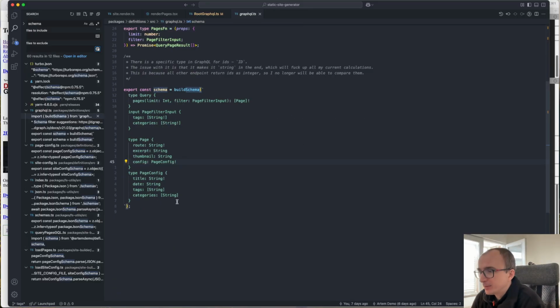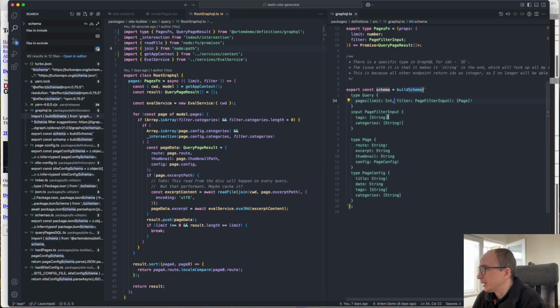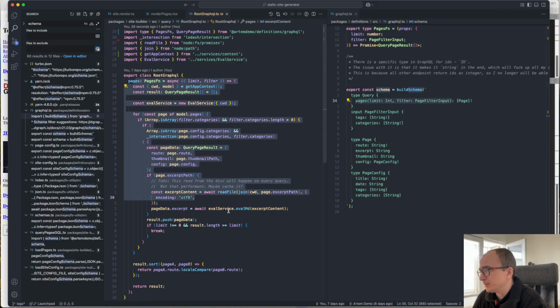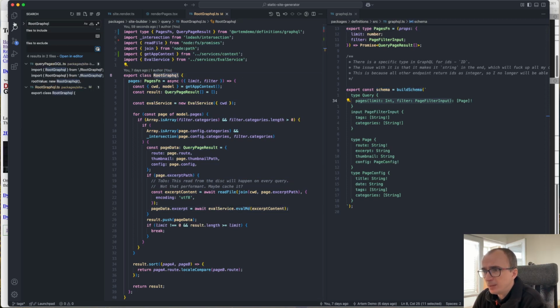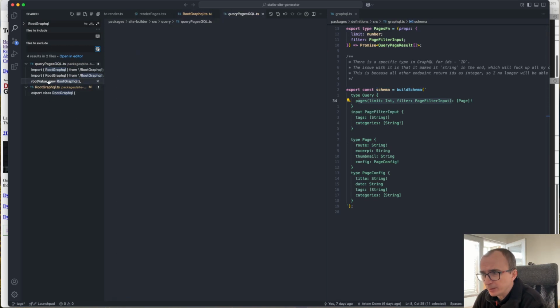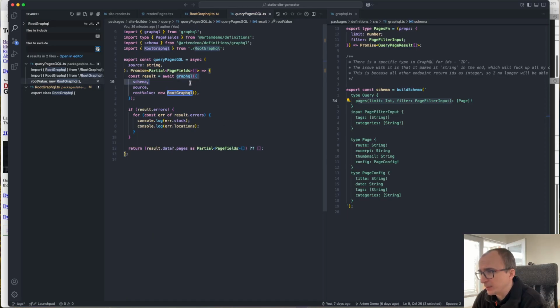Okay, so here's the definition of the schema of GraphQL, and here I have only one query for now, which is a pages query, which I'm processing here. Okay, and then I'm using this class in order to create a root value for GraphQL. Well, if you never worked with GraphQL, probably this terminology is a bit alien to you, but in general, GraphQL is